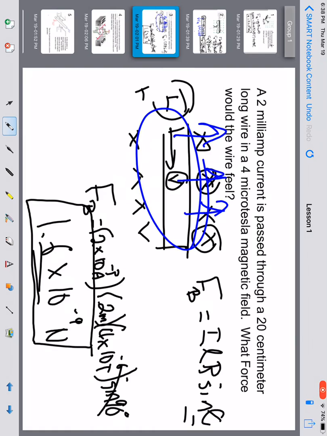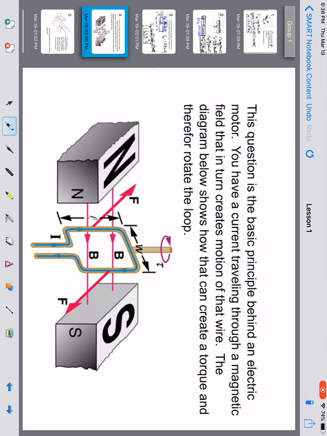So, why is this important? What great applications come from this? Well, hold on, let's go to the next page. All right, so this is basically the principle behind 2 major things. One would be this picture below, which I'll explain in a second. It's the electric motor. So basically what a motor does is it takes electric current and it passes it through